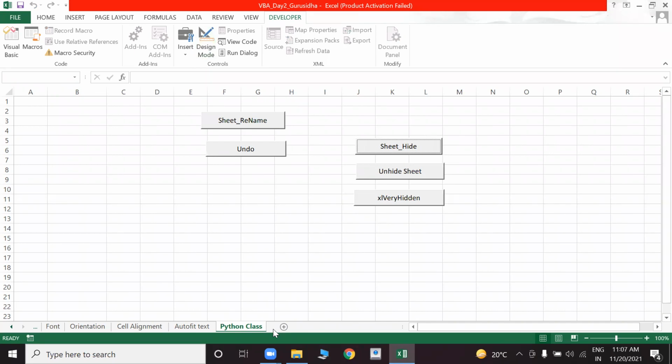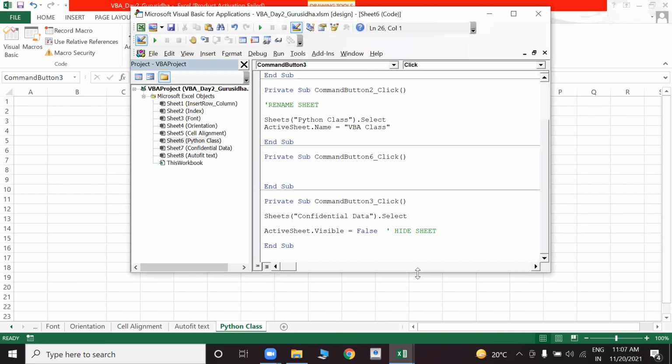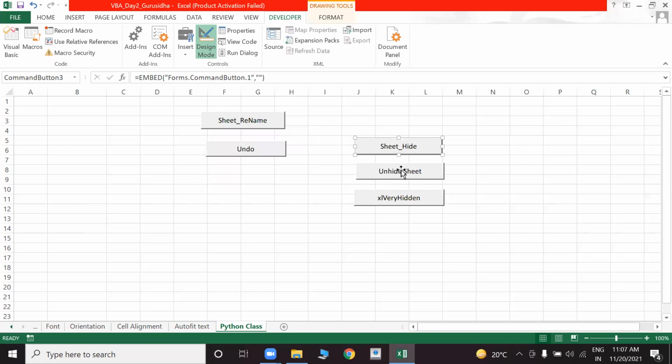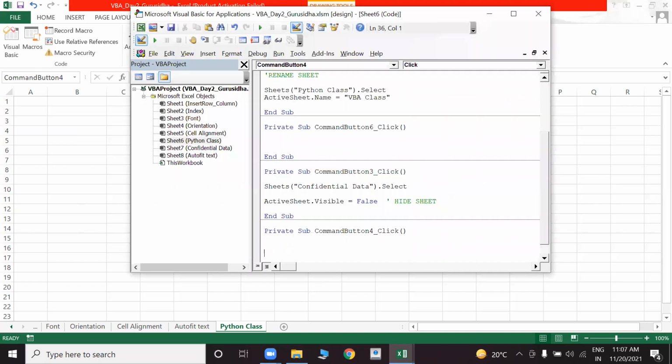Naveen, can you show that code again? Because I think there must be a lag. Okay. This is Sheets, confidential data, with visible false, hide sheet. Okay, this command needs to be written. And if you want to unhide this, the simple code will be Sheets confidential data,